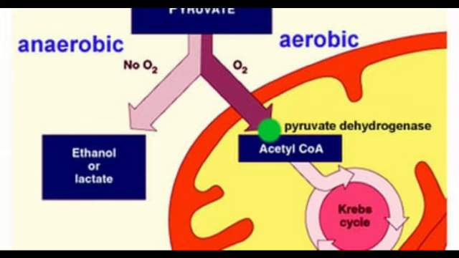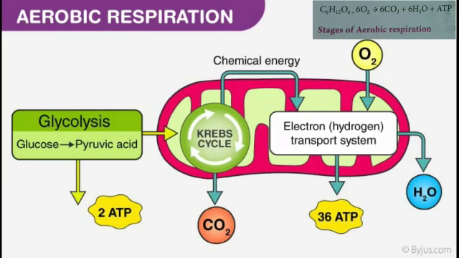Now we can see the two types of respiration, aerobic and anaerobic respiration. The first type is aerobic respiration. Aerobic respiration is the type of cellular respiration in which organic food is completely oxidized with the help of oxygen into carbon dioxide, water and energy. It occurs in most plants and animals. The equation is C6H12O6 + 6O2 → 6CO2 + 6H2O + ATP, that is glucose plus oxygen will give you carbon dioxide plus water plus ATP molecules.